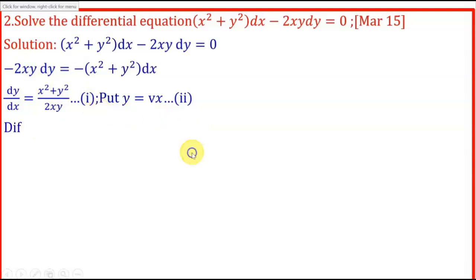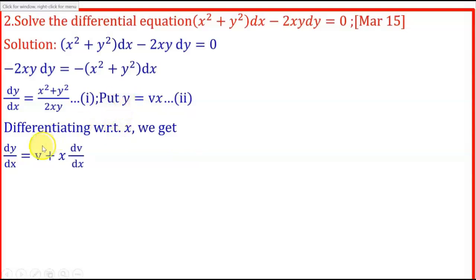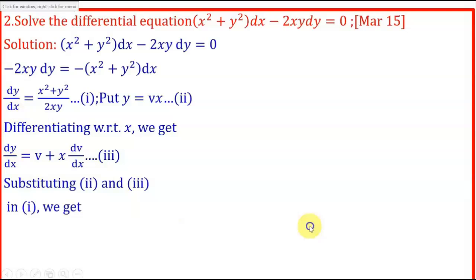Put y is equal to vx. Differentiate y is equal to vx with respect to x. Therefore dy by dx is equal to derivative of x, x is 1, keep v as it is, plus x into derivative of v, that is dv by dx. Substituting the value of dy by dx in this equation, then you will have v plus x into dv by dx